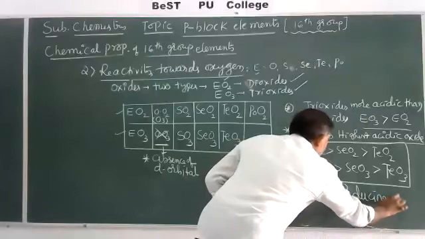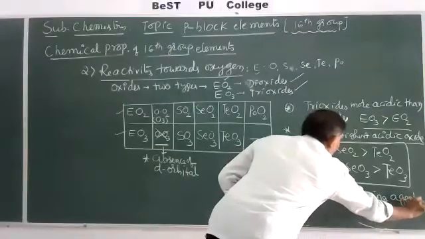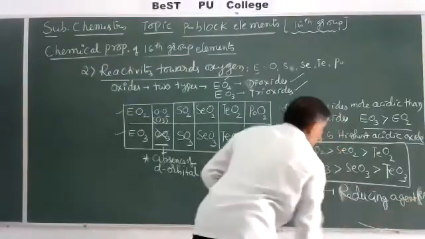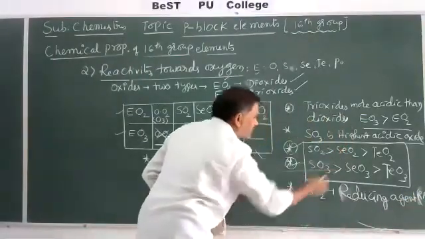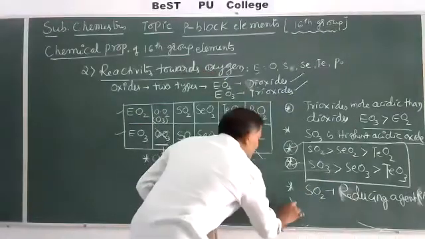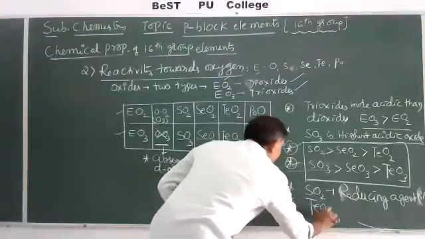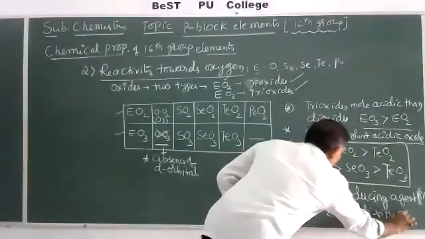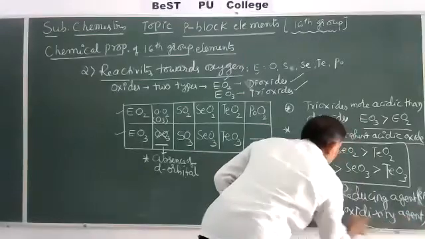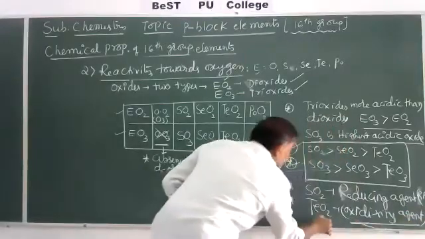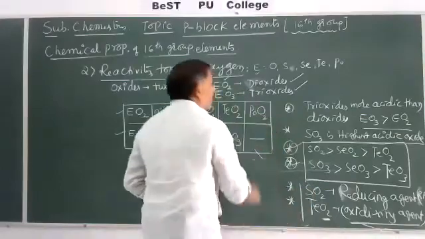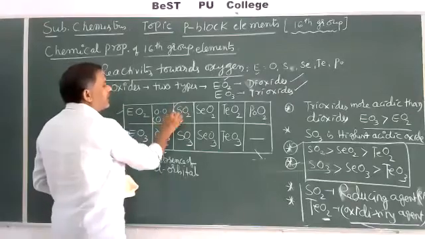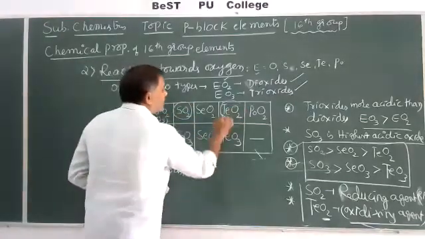Reducing agent means your oxidation reaction takes place. Oxidation means ready to convert dioxides to trioxides. Now here the tellurium dioxide acts as an oxidizing agent, that is ready to produce oxygen. That's why in this table, among all the types of oxides, there is a very, very important story about SO2 and TeO2